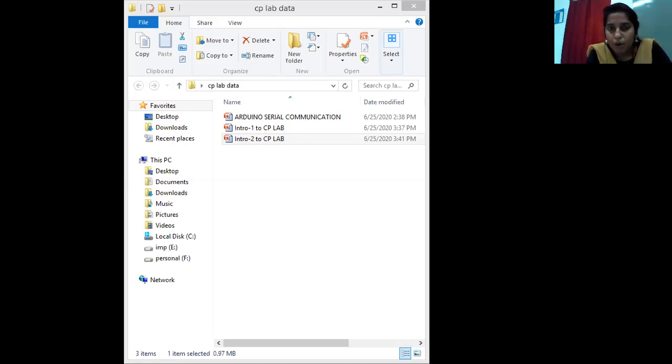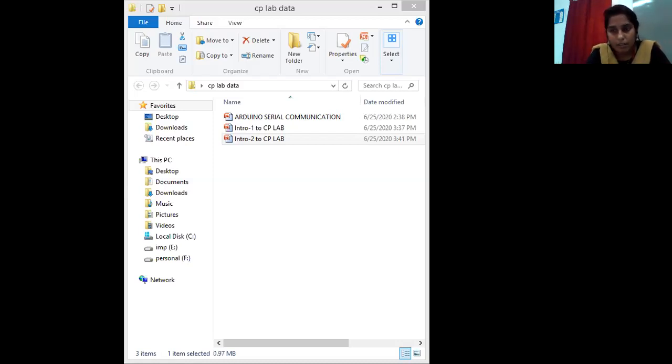See, for example, the Arduino pin LED 1. LED 1 is connected to the 13th pin. That's why here pinMode(13, OUTPUT): pin number, comma, output. We are going to see the output of the LED, that's why we are writing output here. And in the loop, digitalWrite(13, HIGH). If it is high, the LED is going to glow. If it is low, the LED is going to be off. So this is the program.